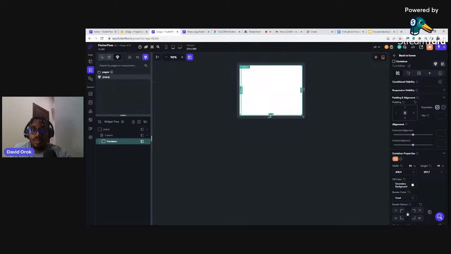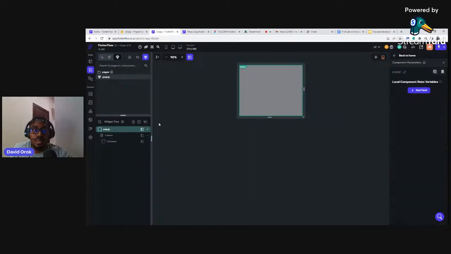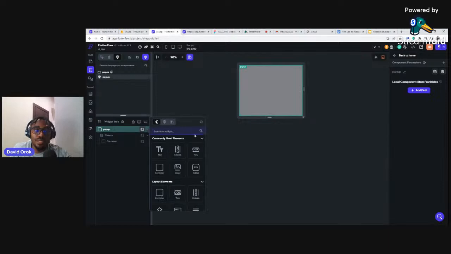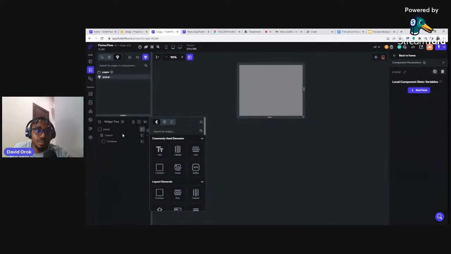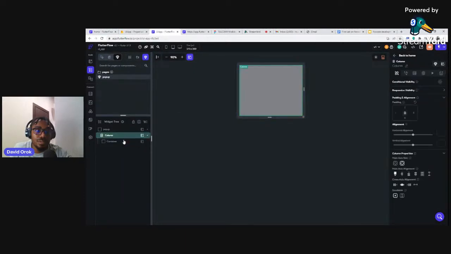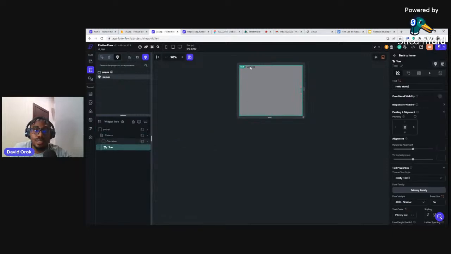Okay, then you can give it a color. This is like trying to create it from scratch. You can give it a color and then add different things, the same way you add stubs inside it. Oh, nope. This is the column, this is a container. So click on this and then add a text. I just want to add a simple text that says, yeah, welcome